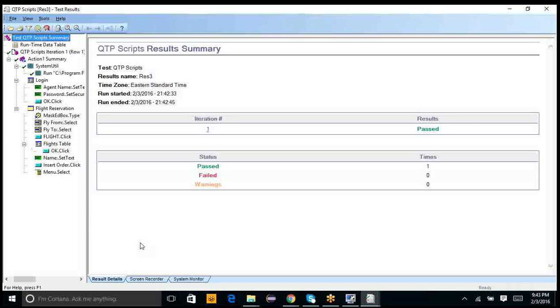So how much time has it taken? 12 seconds to execute the entire test script.